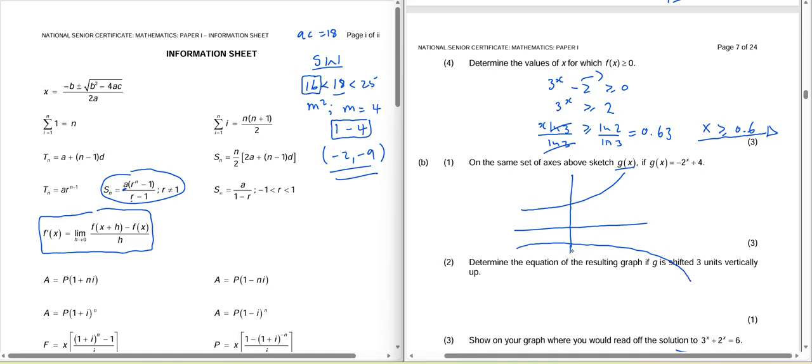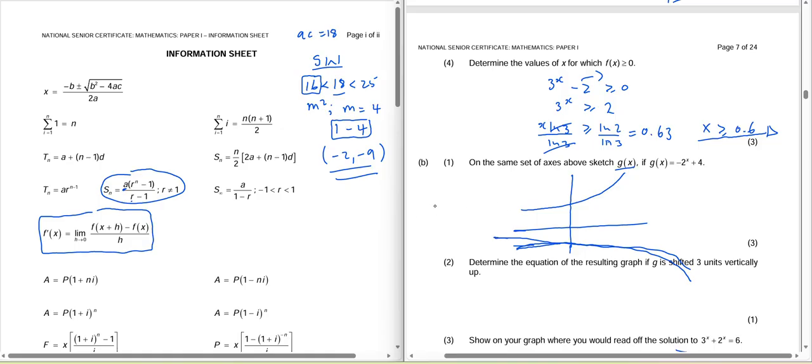If it is reflected in the x-axis, it's like there's a mirror. So the general form of the structure that I want to get for the graph is supposed to be like this, going downwards. The asymptote here, because it was 0, it can never touch 0,